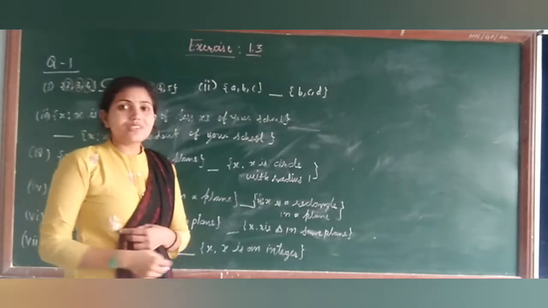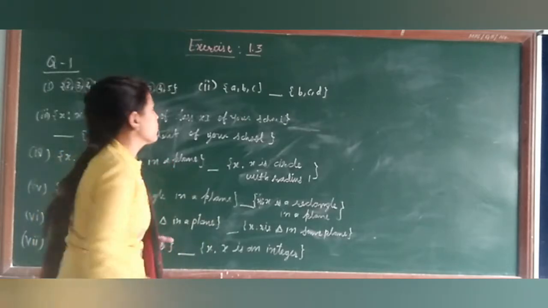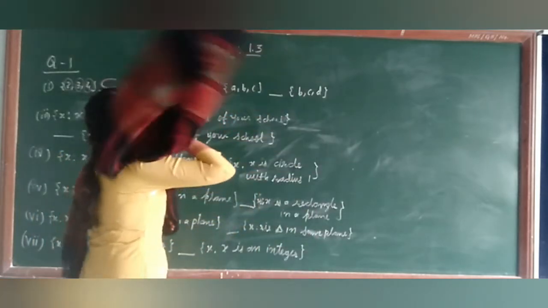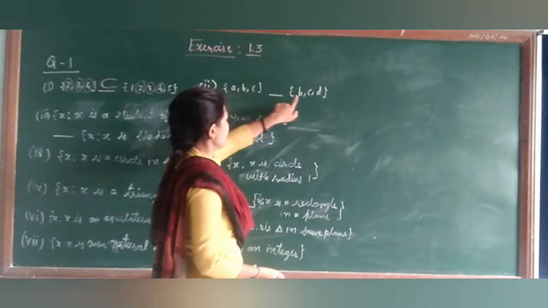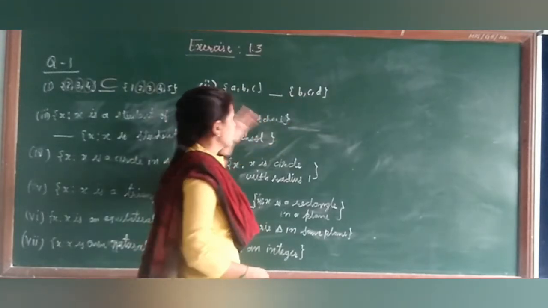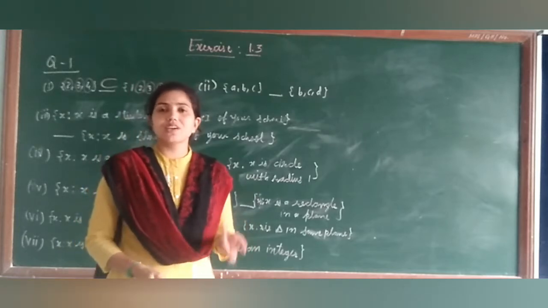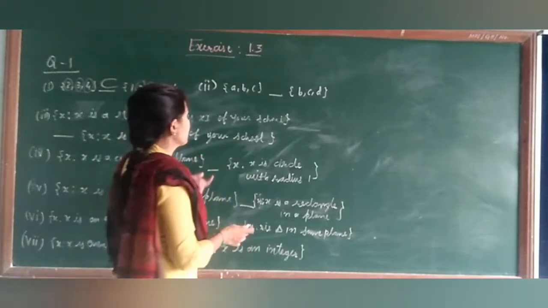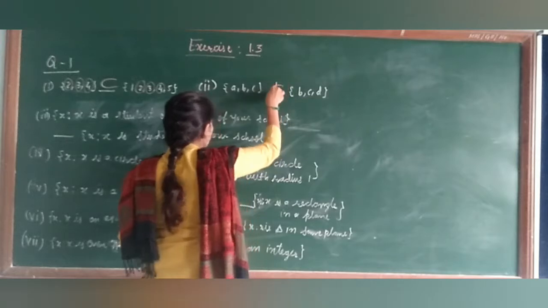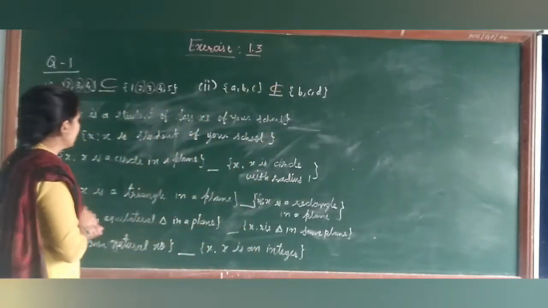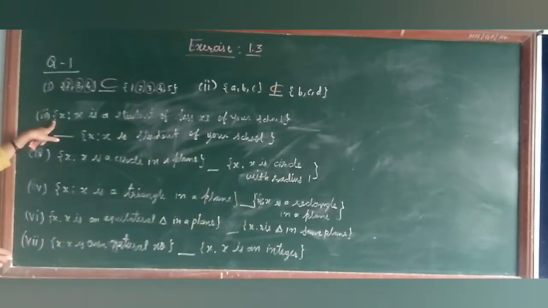And as we know now the subset definition very clearly, so we can do this. Now A, B, C and B, C, D. So here A, then A is there? No. तो पहला ही एलिमेंट आ नहीं रहा है, so we cannot check for the further. आप इसे चेक करने की जरूरत ही नहीं है, because A is not there, so this is not subset. Right students? Next, third one.